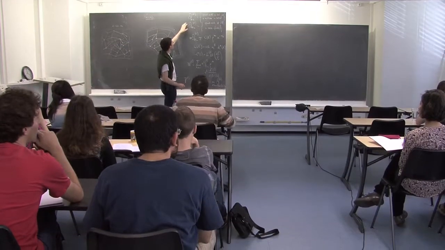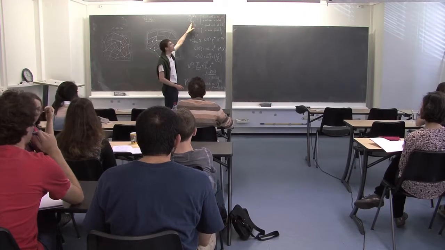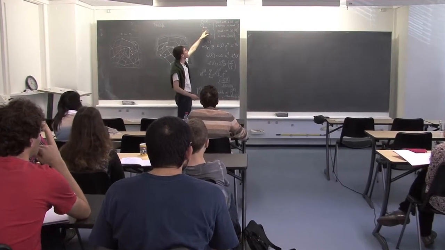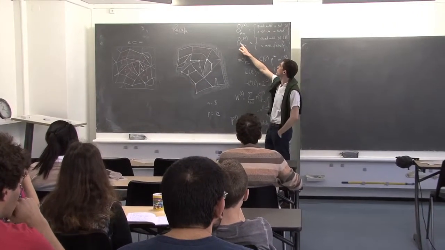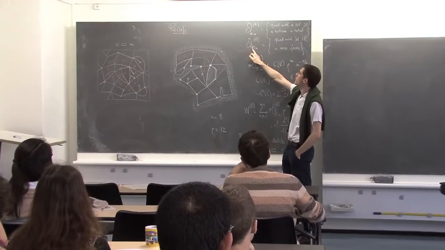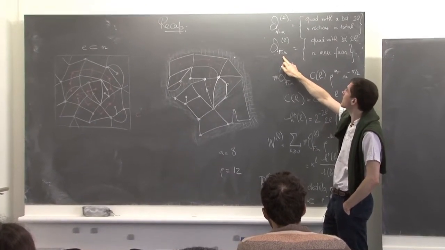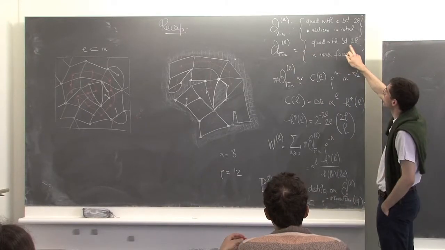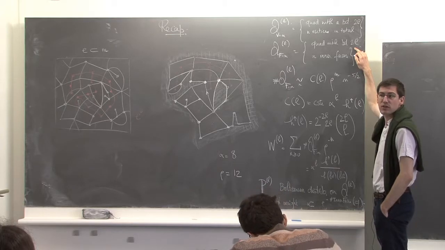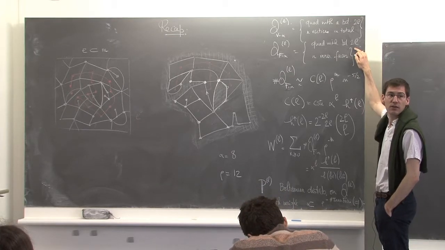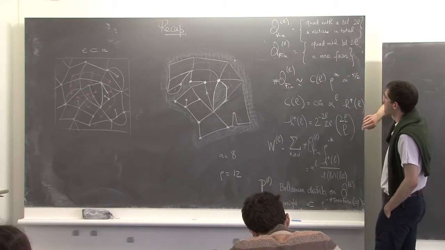So last week I was dealing with Q_{L,n}, where the number of vertices is equal to n. We enumerate this. But in this course I will also need Q_L^{(n)}, where the number of inner faces is equal to n. So I'm not counting the outer face. That is quadrangulations with a boundary of perimeter 2L. You remember that the outer boundary of a quadrangulation with boundary must be even. So I always divide it by 2 here, with n inner faces.